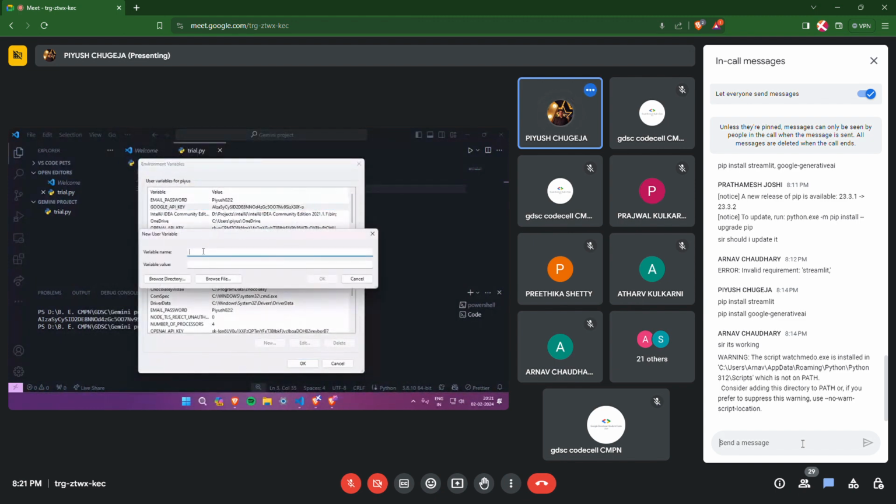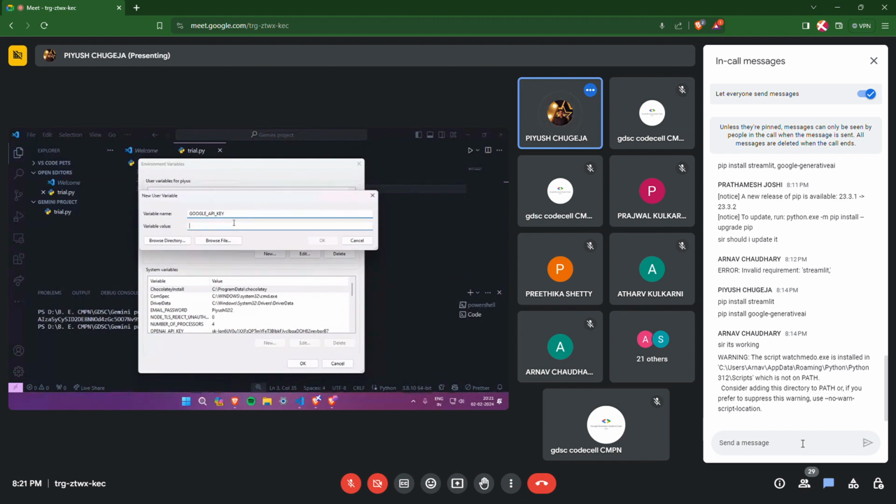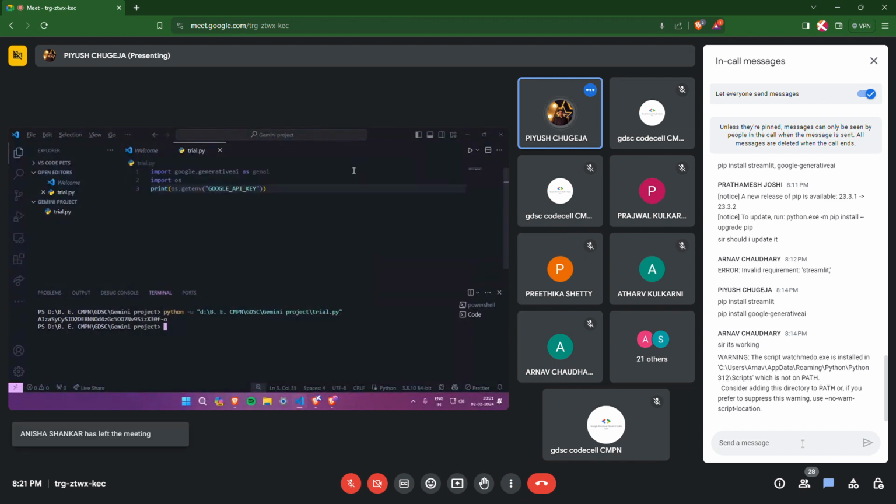Click on new, type in Google API key, and type in this variable value. Once you do that, it should be done. Do that quickly so that you don't have to type in your API key every time you need it inside your applications. We can get it using this command: os.getenv, with the name you typed right now.